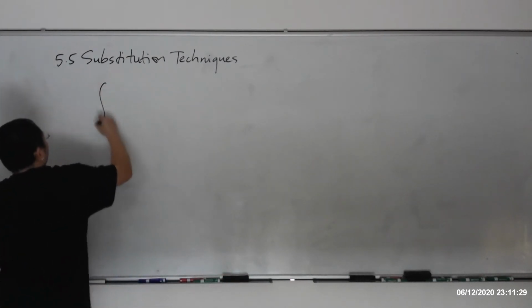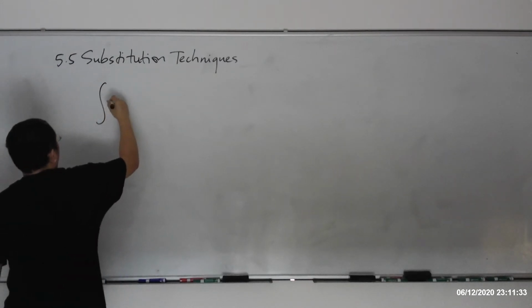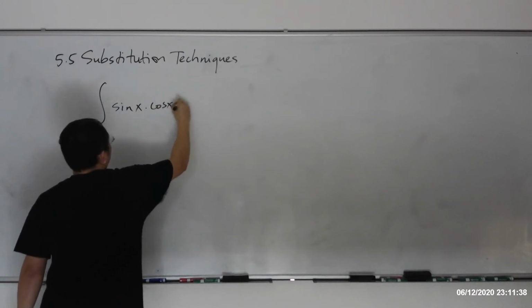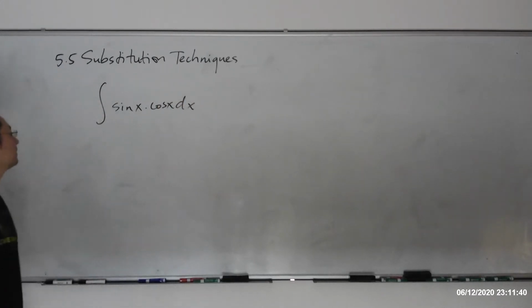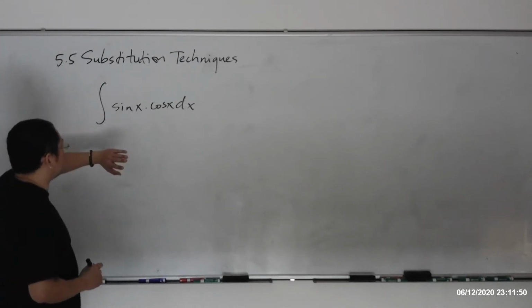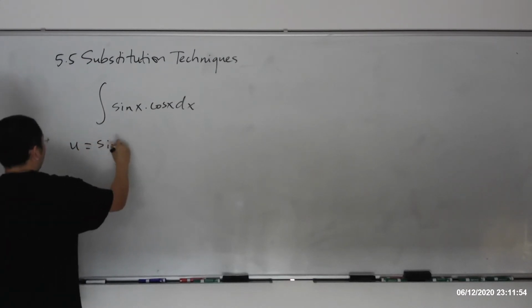How about the integral of sine x times cosine x dx. So what do I have in here? Sine x times cosine x, dx. And how do we sub in here? You know that the derivative of sine is cosine, or the derivative of cosine is negative sine. So if I let u equal sine x,